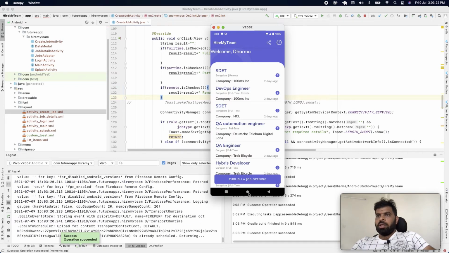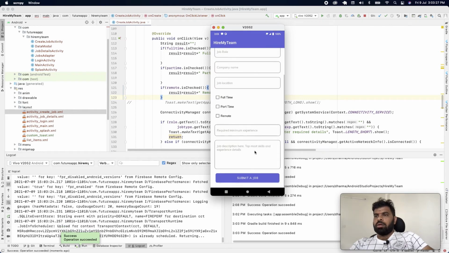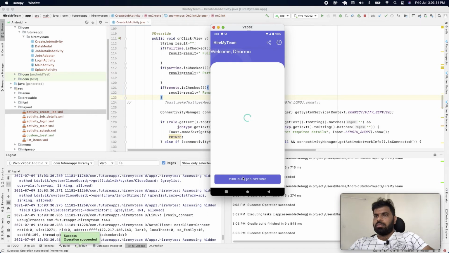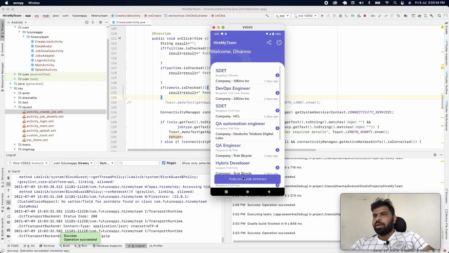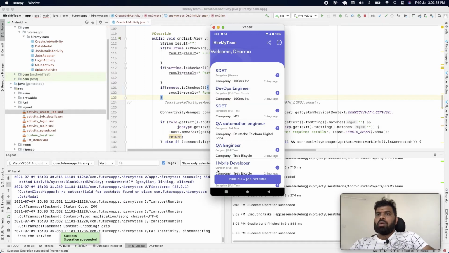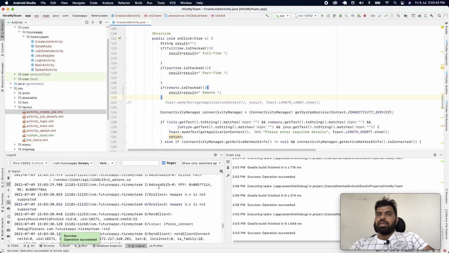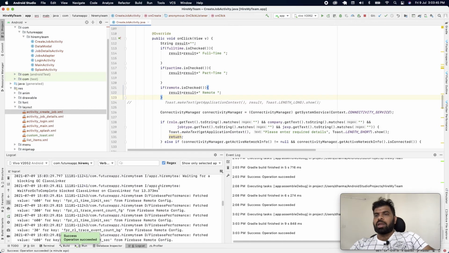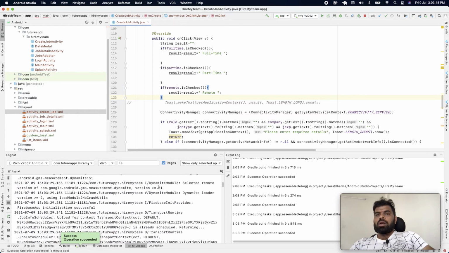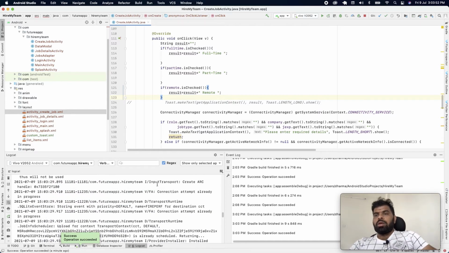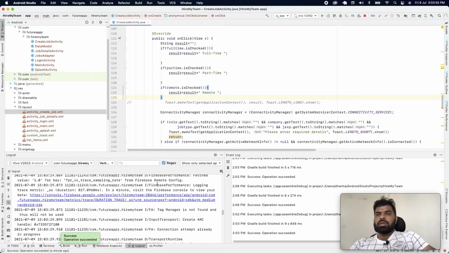That's simple. Now let me click on post job and just submit. Actually it should check for empty fields and ask to fill in all the fields, but here we have given a null value, right? It just crashed and restarted. Now, as we are developing, we can see the crash logs here. Because of Crashlytics, the log is wiped out, it's gone. So it is posted in Crashlytics.